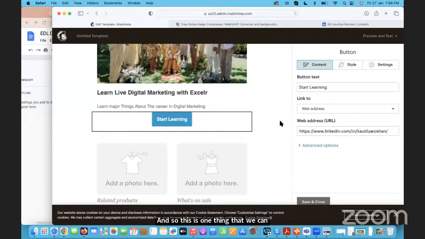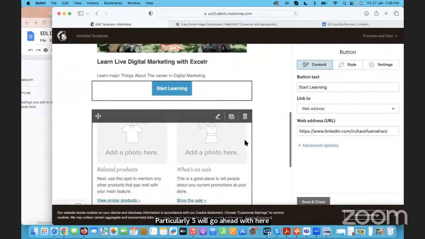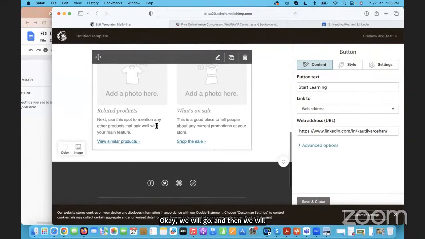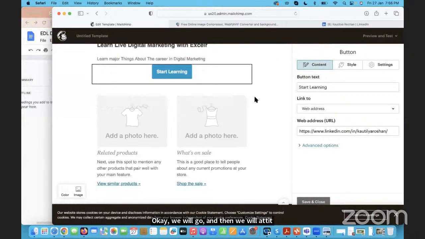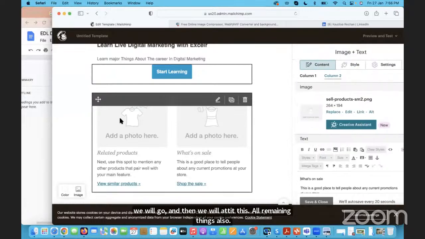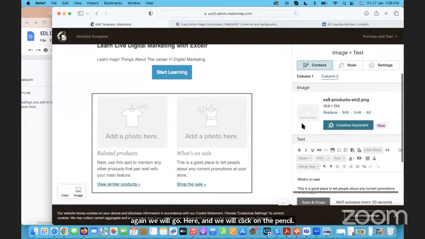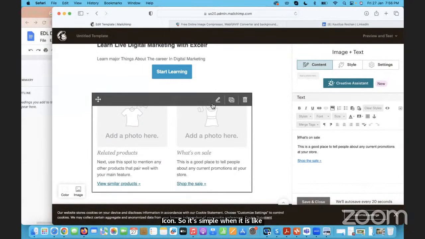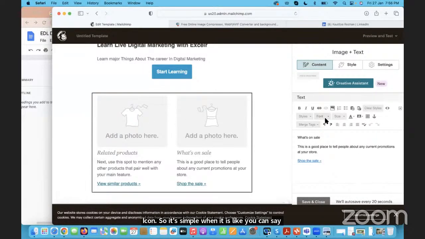Now again, if I go here, particularly if I will go ahead with here, now again, we will edit all the remaining things also. So again, we will go here and click on the pencil icon. It's simple, particularly it is my image, we can go and replace